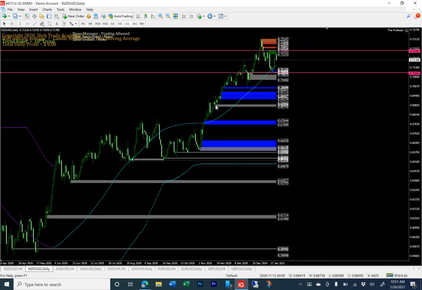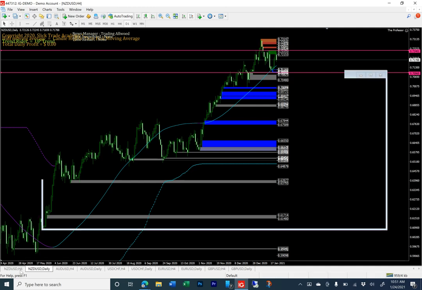If we take a look at the daily, you can see the same thing. These were the key levels that I sent out last week, and as you can see, we came down, bounced off, and then headed back up, but we are still within those key levels. So those key levels are going to stay the same for this upcoming week. As far as the 4-hour is concerned,